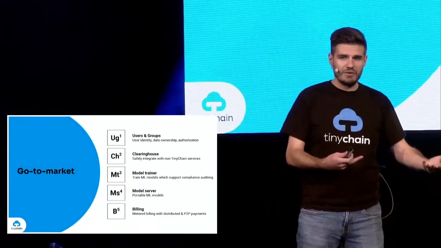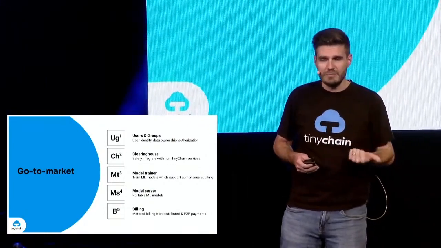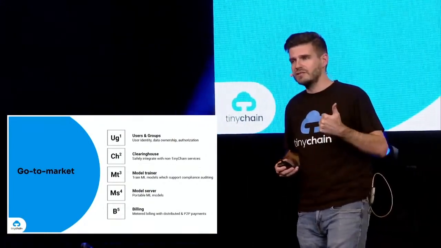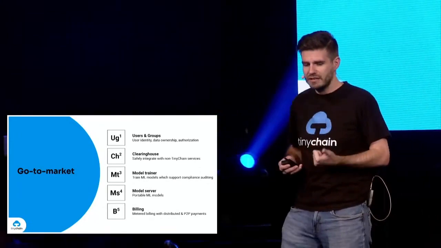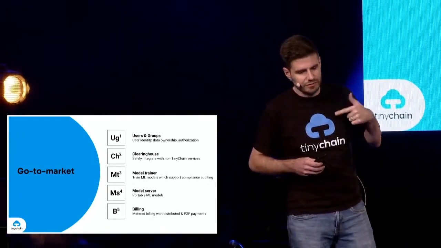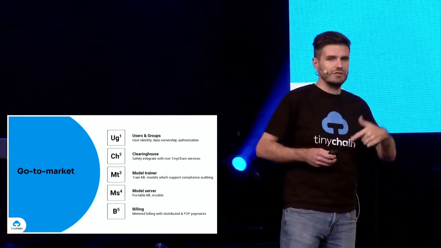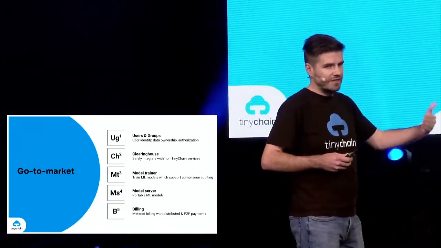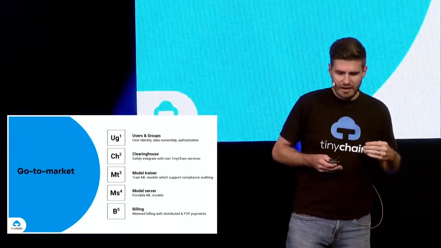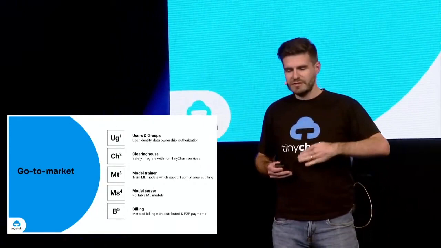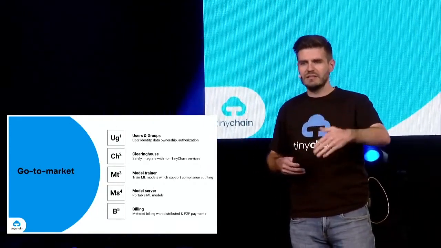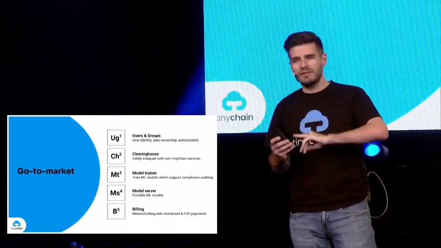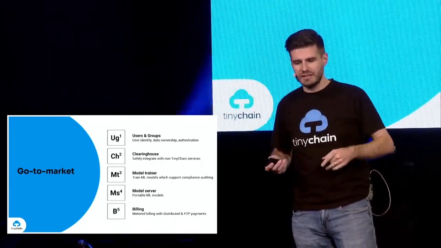Our next step is to seed the ecosystem with the first foundational services that our customers will use to build their products, which includes our user and group identity management service that powers our distributed chain of custody for cloud data. It also includes utilities to train and serve machine learning models that are auditable based on that identity data, as well as to deploy those services to customer data centers and still do metered billing, even though they're running in the customer data center.